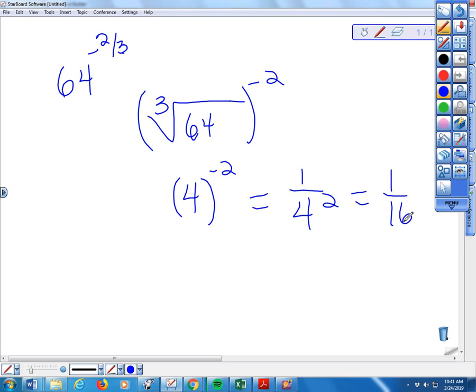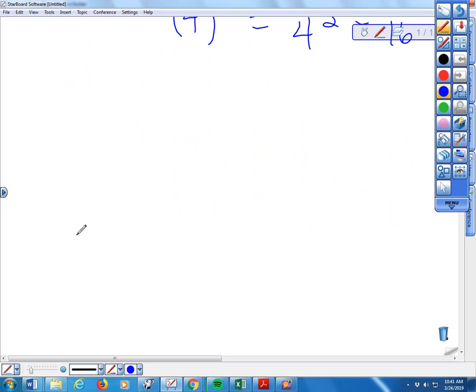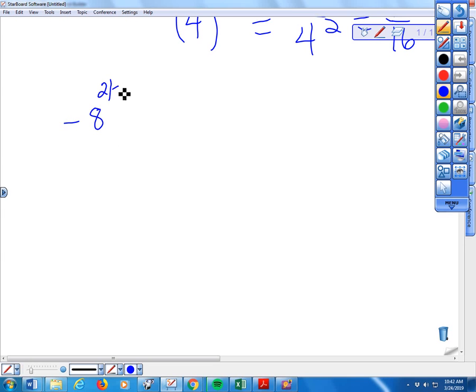Okay. Next one, let's do negative 16 to the 3/4. No, I want to make it, sorry, that's not going to work. Let's go negative 8 to the 2/3. Okay, the point of this problem, and where you might miss it, is remember, if I want the whole